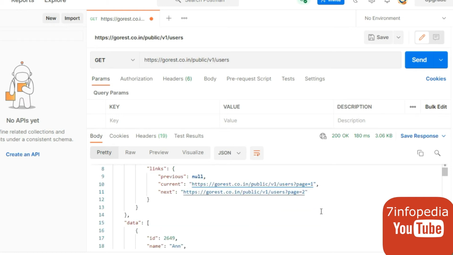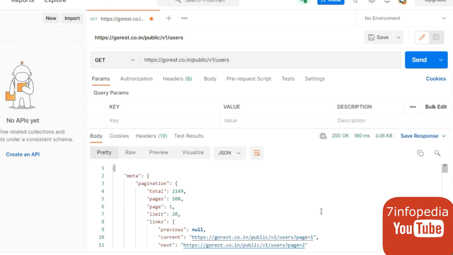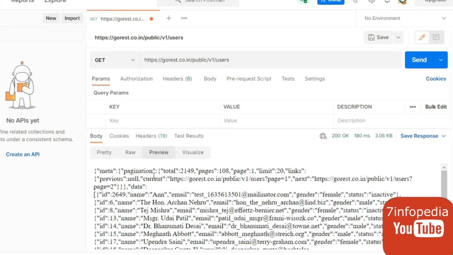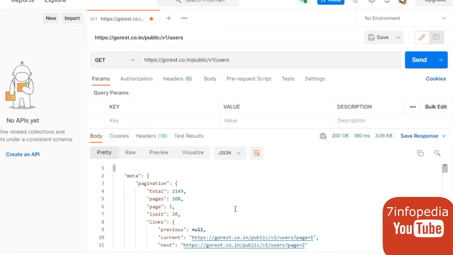If you look, this is already formatted as JSON. You can have any other format also if you want, like raw. This is the raw data which is returned. Maybe you have a preview also. If you choose this pretty one, by default it will mark it as JSON. So you can choose the type over here, but by default it is JSON. Now we are able to see the response, which means this API is working. For your development purposes, if you have made some API, or if you want to test whether an API is working or not, simply use this method.